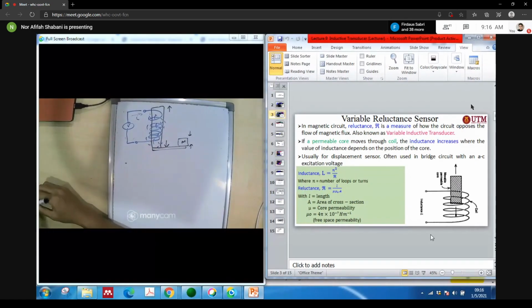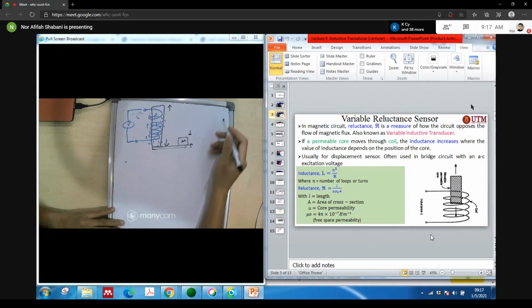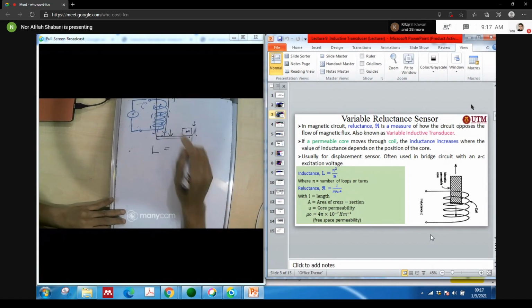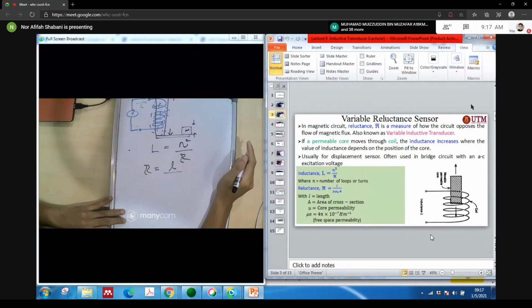Variable inductive transducer. If a permeable core moves through the coil, the inductance increases, where the value of inductance depends on the position of the core. That means if the core moves up, the value will be different from when the core moves down. So now the formula for the inductance L: L is equal to N squared over R, where R is the reluctance. The reluctance depends on the length L of this movable core,